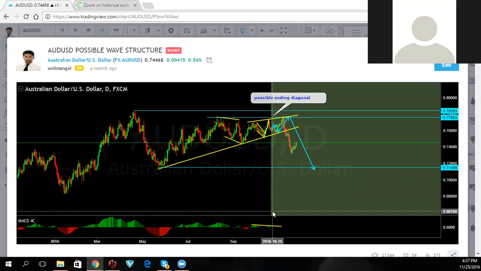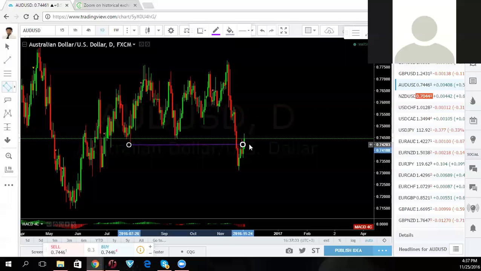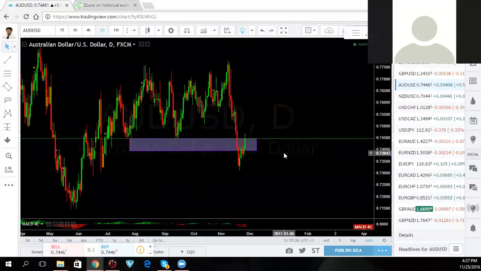You will put a moving average, you will look for a pin bar, you will draw a resistance line, and then it's going to break your resistance line like there's no tomorrow. And then you're going to wonder. If you think this is a resistance point, or they don't put the line now, they try to put the whole area. Oh, that's my resistance area. Well, it broke it. What do you do now? You still selling?